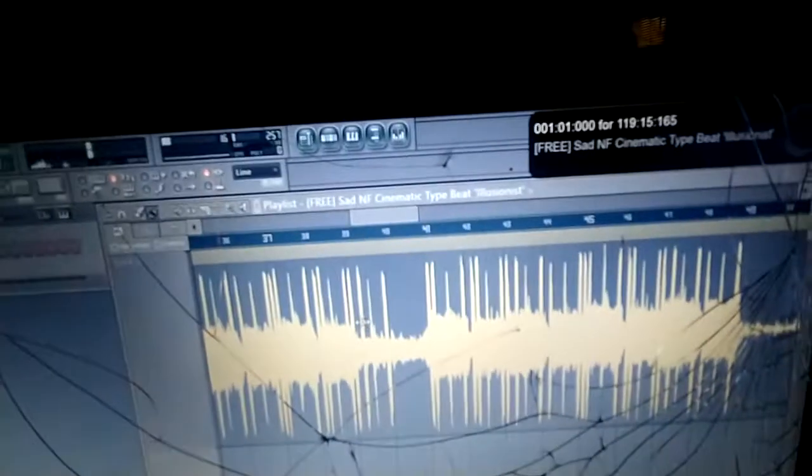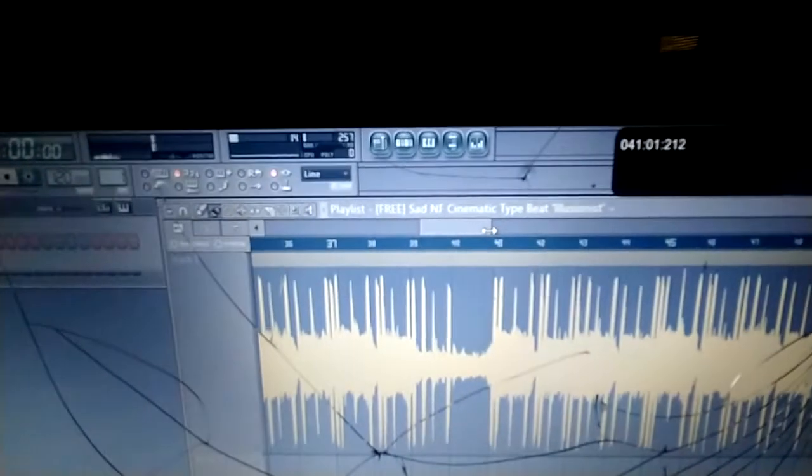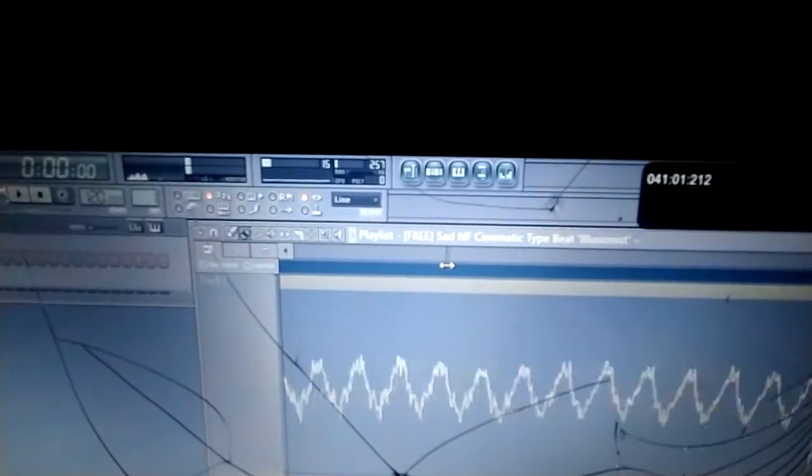But check this out. All I do is I go and I find a snare. Just one snare. That's all I need to line up the whole entire beat. So you just scroll through here, and let's zoom in a little bit. A lot. We'll zoom in a lot. Usually I use control and scroll the wheel, but since I'm holding my phone, we'll do it this way. But all you gotta do is find